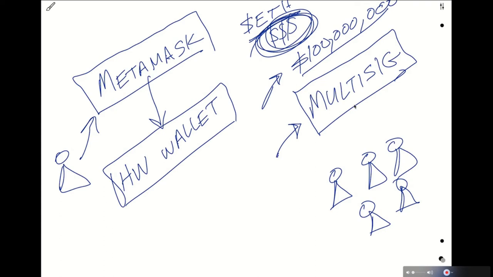Maybe this is for payroll, maybe this is for just treasury funds that the company holds, right, that they can do with whatever they want to. That's another place where multi-sig can come into play, and it keeps one person from just running off with money. Or maybe it prevents errors from happening where you have multiple people who are double-checking a transaction before it gets sent somewhere, okay? So this would look like a couple different things, where maybe you have a 3 of 5